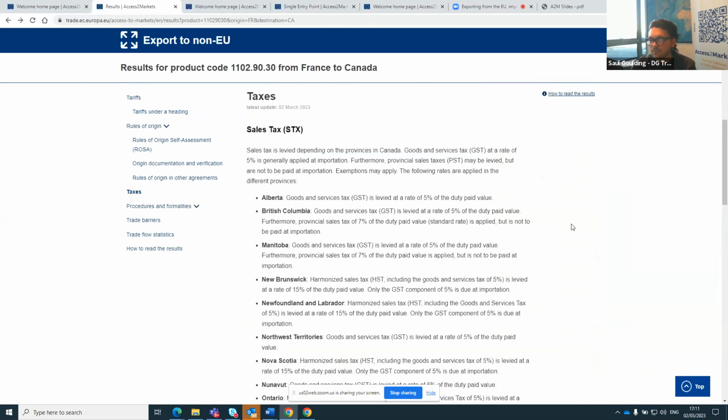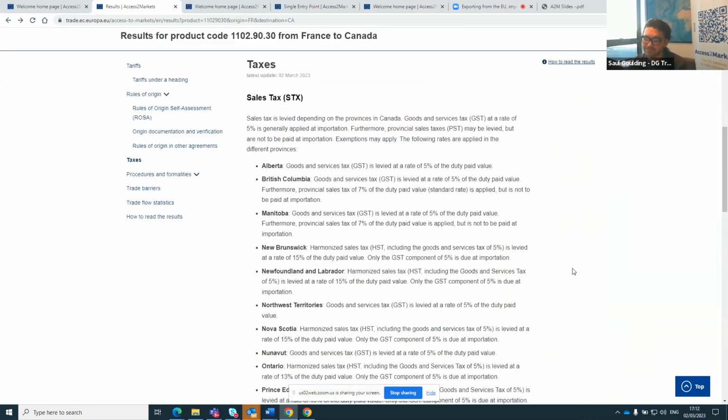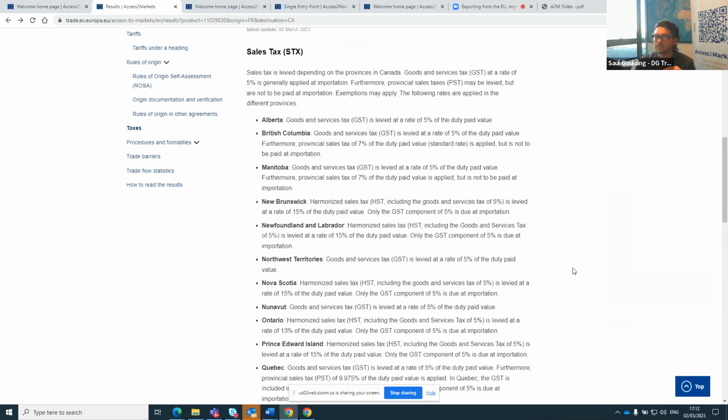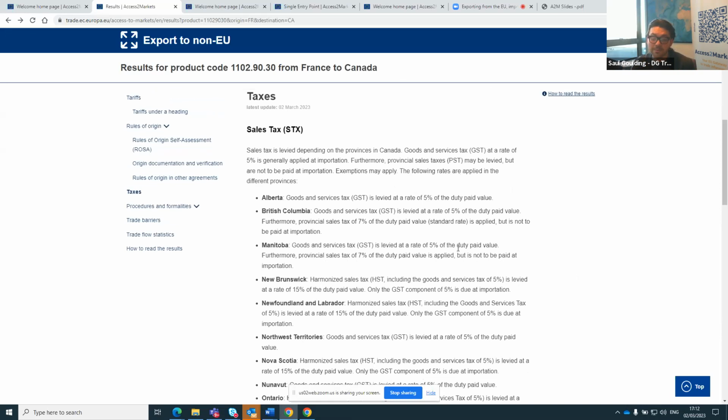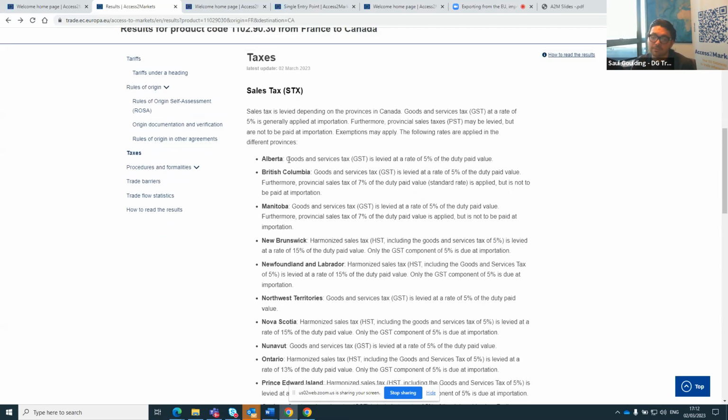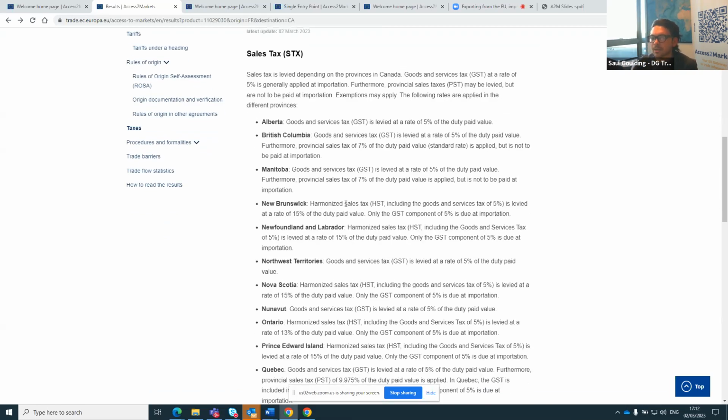As I mentioned earlier, we give an idea of what taxes will be applicable. In Canada, of course, there are provinces which implement different levels of tax, GST. That's a very interesting idea for a European business looking into Canada, to see how their product might be affected in British Columbia, for example, as opposed to New Brunswick.